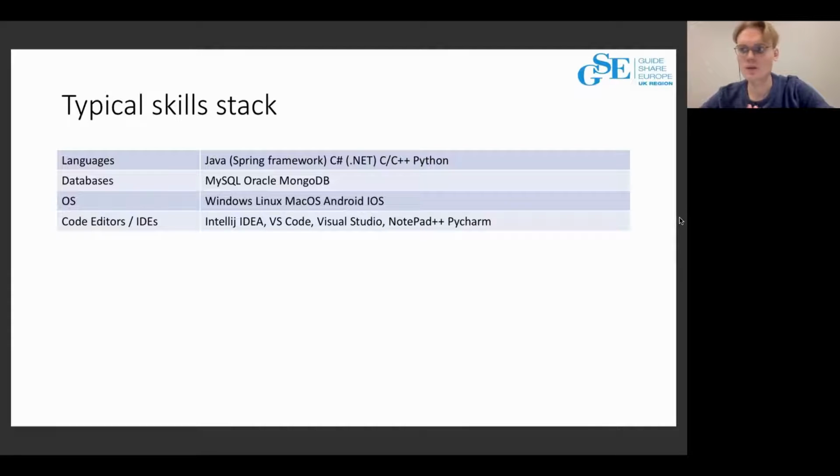As a result, the student's stack might look like this: Java, C++, C# or even Python knowledge, with experience with at least one framework, for example Spring, .NET, Django and so on. He's experienced in databases such as MySQL, Oracle, MongoDB.